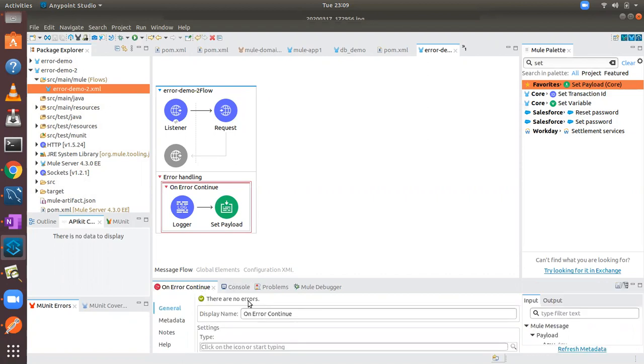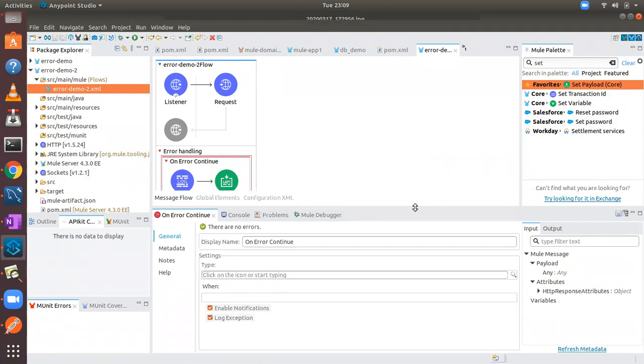See what kind of errors it can handle. Here, we didn't configure anything, which means it can handle any kind of error. If you don't mention anything, it can handle any kind of error. If you mention something, it will handle that specific kind of error.